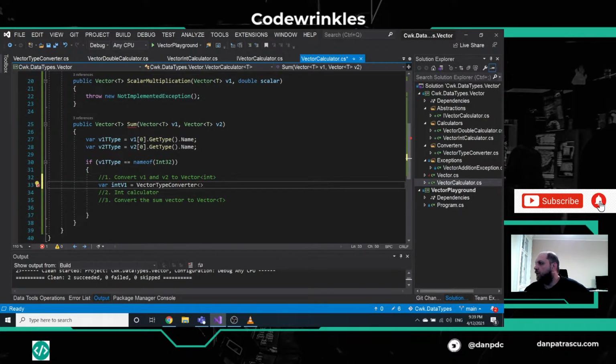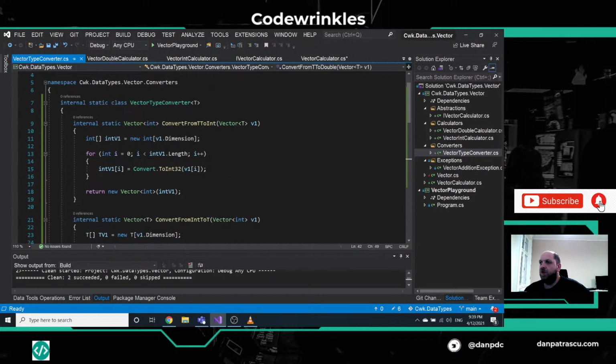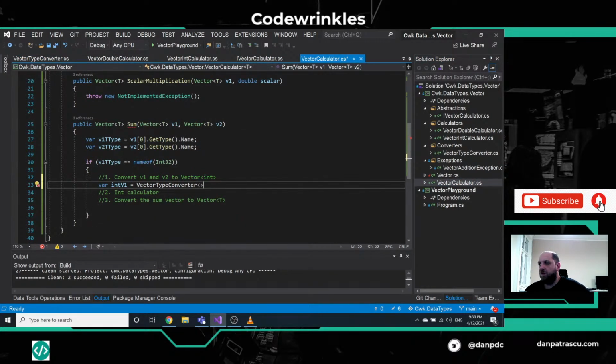Let me just go back to the vector type converter. Where is it? So it is a generic, so we get the T here, and here we get an integer. Well, that's kind of funny, but we'll see if we can change this. So we have a vector type calculator of int, vector type converter of int, and then